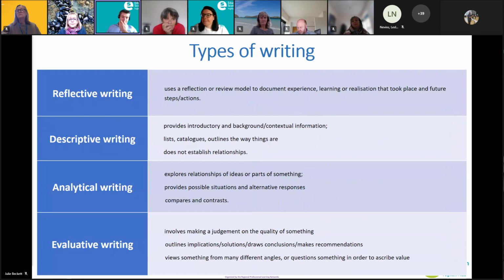So now we can kind of see why the usefulness around evaluative writing. It's important to see the key differences that exist between the different types of writings that exist out there. At some point, all practitioners would have done all of these types of writing in different settings. However, using the correct style of writing for the intended outcome is really quite important.